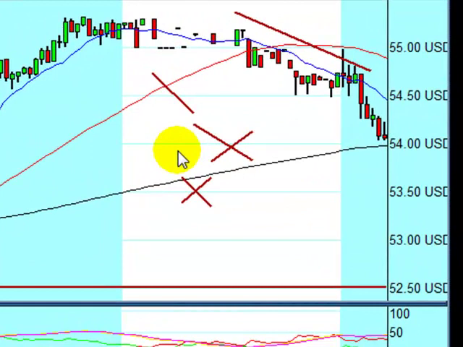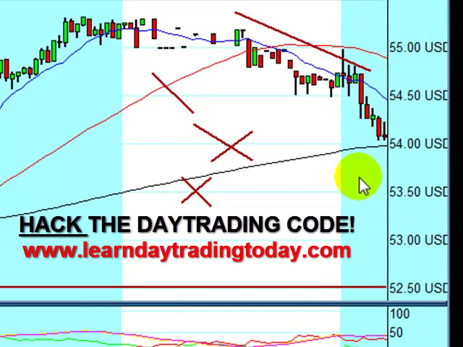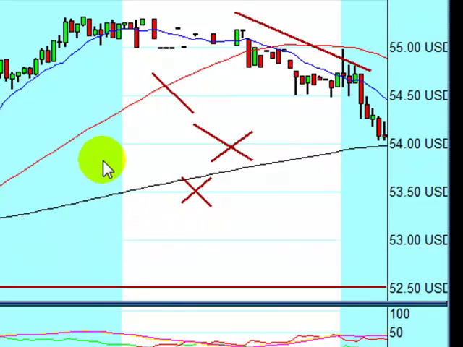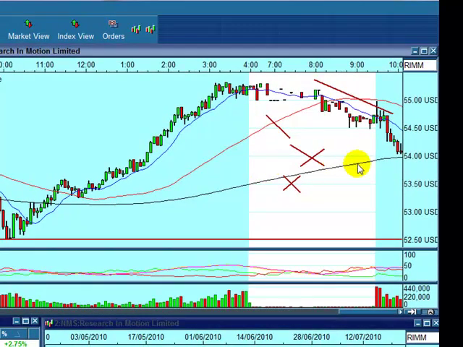I'm going to pause just a little bit to tell you that our target has been met from the 54.50 all the way to 54. That's 50 cents profit. Take your profits, but not all of it. And if it goes back to the middle of this range, that's where the buyers and sellers meet, and that's an equilibrium power. So I exit all my profits, even though it could go all the way down. Sometimes they don't go all the way down, but